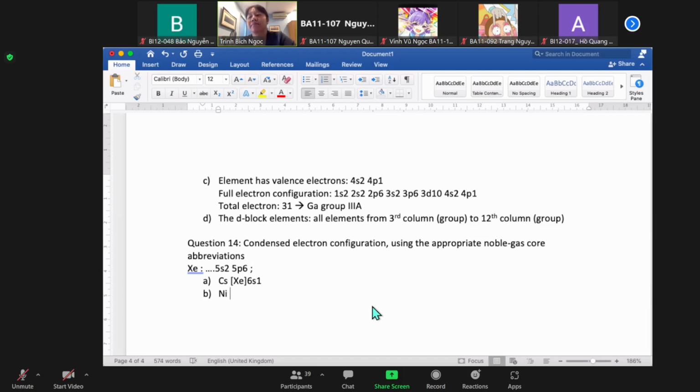Nickel, the atomic number will be 28. Okay. Nickel có 28 electron. So the nearest noble gas of nickel will be,